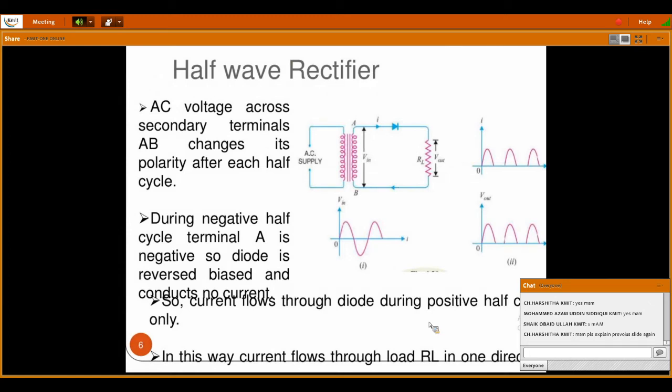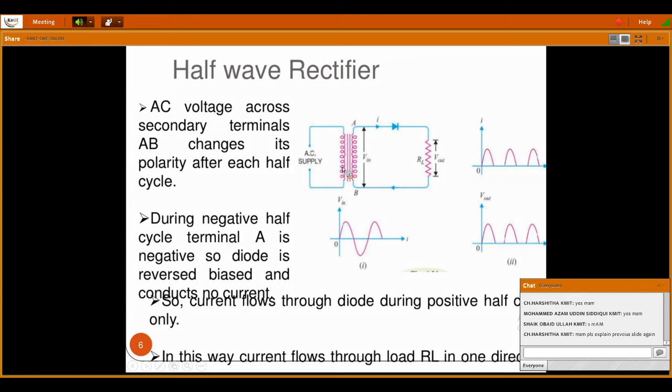Yes. See here, I am explaining the half wave rectifier operation once again just to go through this. See the circuit, ma'am? Here, the circuit is designed with only one component, that is a diode, along with a resistor and a step down transformer. A transformer is used since we are giving an AC supply. Here we are using a step down transformer.